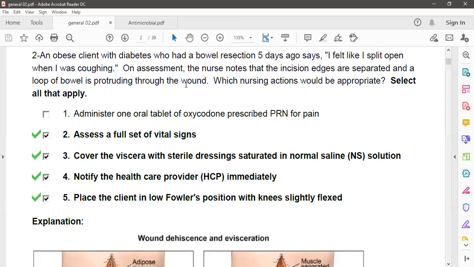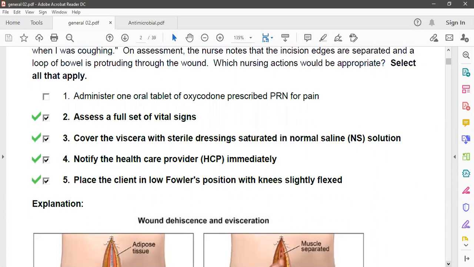If any content of the incision or any intestine is thrown out of the surgical line or wound, it is called evisceration. So which nursing action would be appropriate? If your patient's condition looks like this clinical scenario,